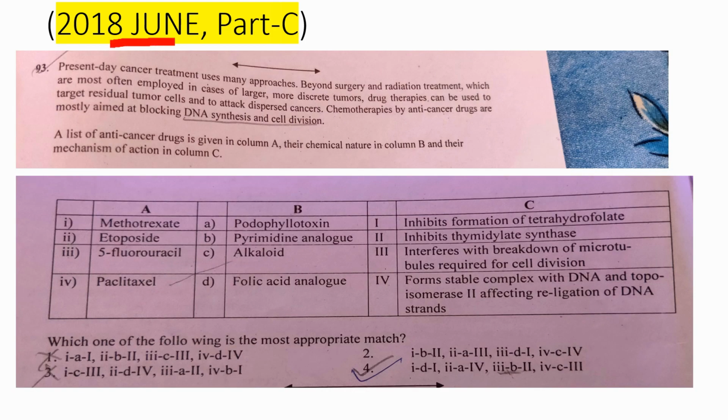So this question came in June 2018, part C, that is a 4-mark question. Although it looks very complex, it is rather easy. I can say it's a match-the-following question, so if you know the basics, you can easily do this. It is not directly linked to mutation, but there is one option which, if you know this, you can easily identify. For example, this is 5-fluorouracil. We know it is a pyrimidine analog, and here you can see that there is only one option having this. Second, you can see paclitaxel, which is commonly known as Taxol; we know it is an alkaloid. So there is only one option having this. So it is option 4.